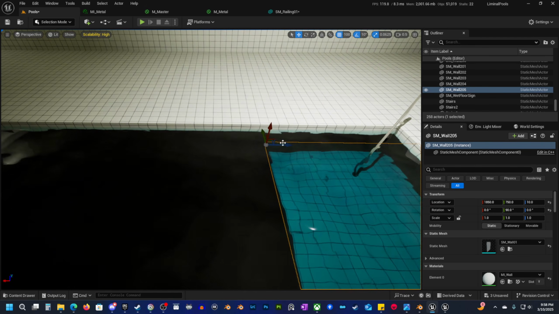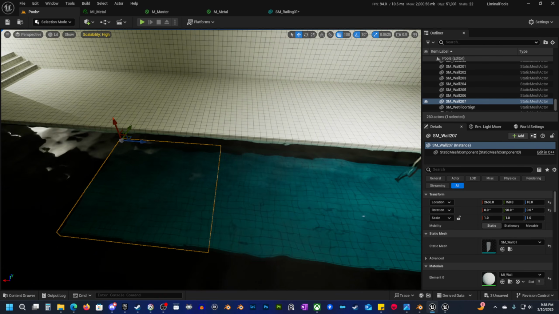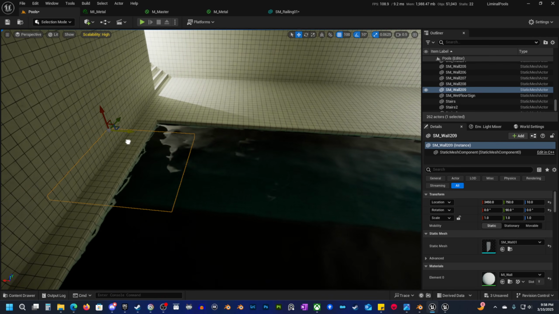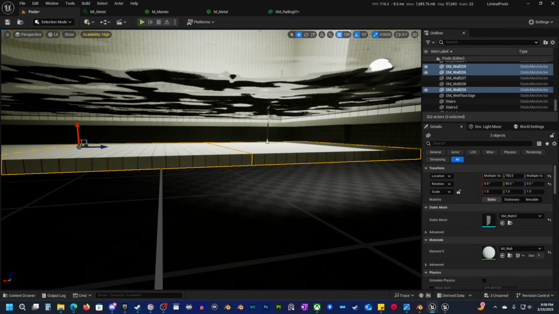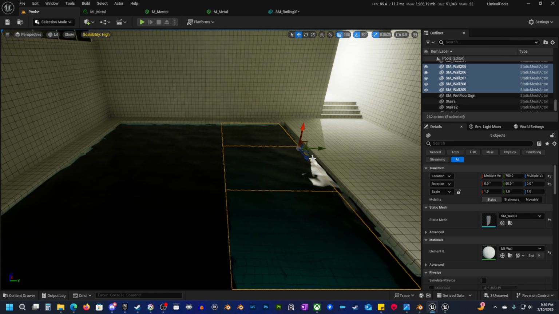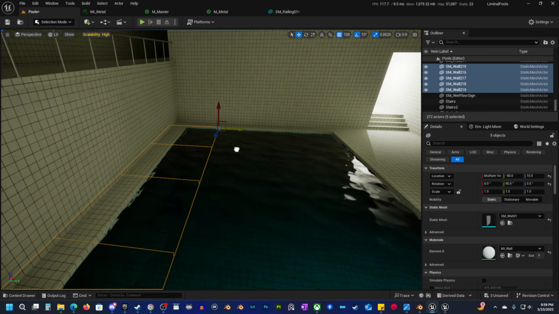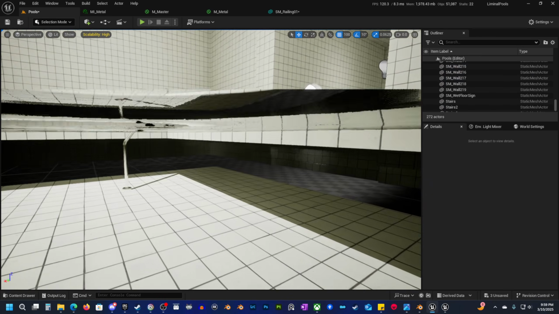Okay. Let me actually set these to 100. That'll make it a little bit easier. And I'll go back one extra there. And then I'm just going to grab all of these. And we'll go over one more. Okay, now